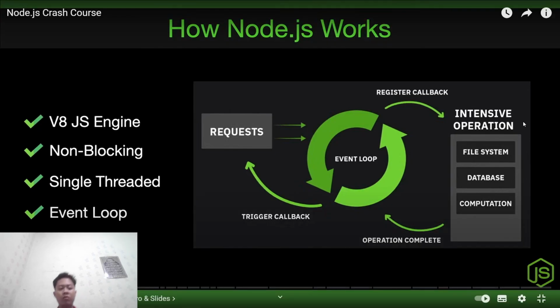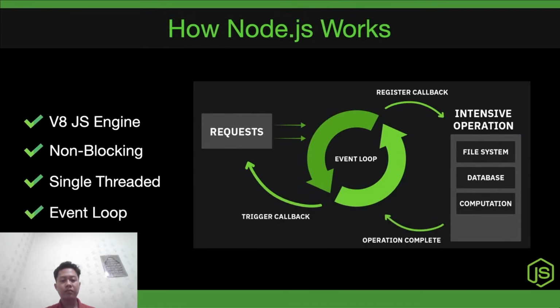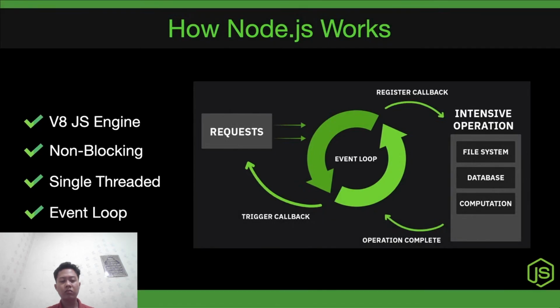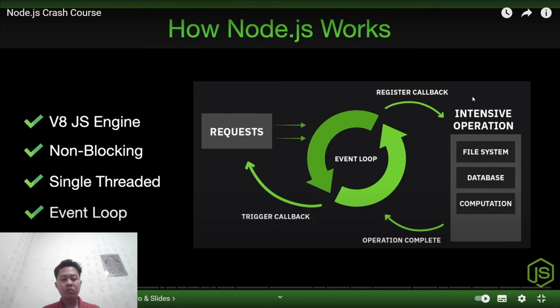So Node.js uses something called the event loop, which is a mechanism that allows Node to perform non-blocking I/O operations. And when you make a network request, for example, Node.js doesn't wait for that request to complete. Instead, it continues to execute the rest of your code. And when that request